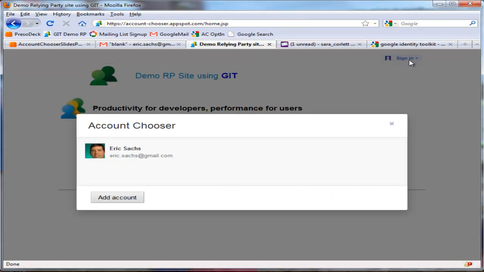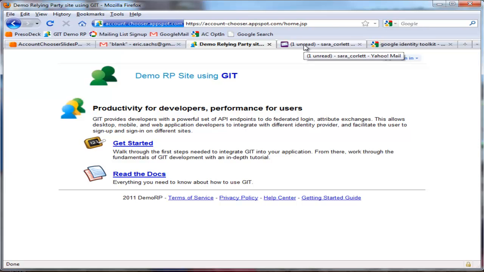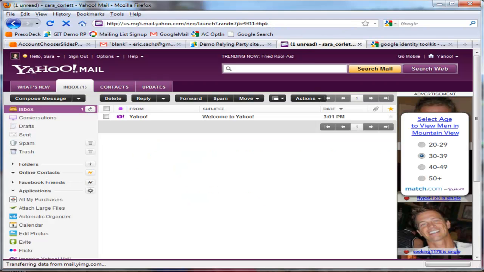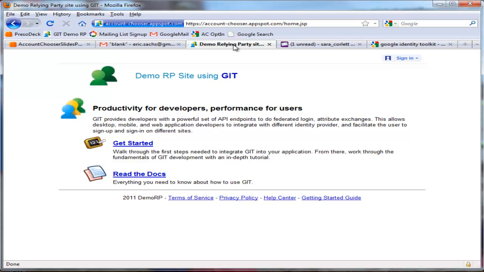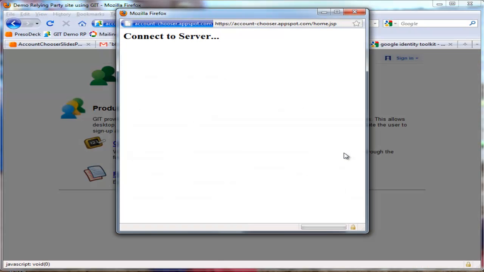Now let's empty this out again. And let's switch over to another user, say Sarah, who's a Yahoo Mail user, who is visiting the same website for the very first time on her computer. So she would go there, click sign in, see the same screen where, again, she could either click the Yahoo button or type her email address. She'll go ahead and click the Yahoo button,